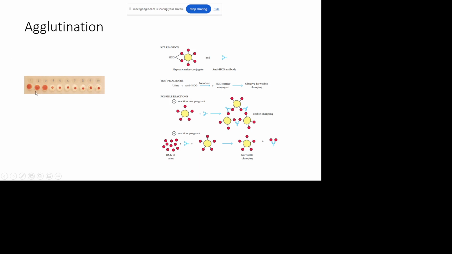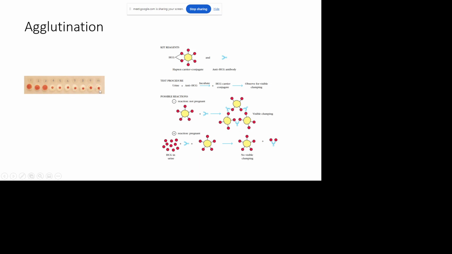Initially when the antibody was undiluted, or the dilution was low, then the antibody had more concentration, so that's why it was able to make lots of agglutination. But when you decrease the antibody concentration, then you can see the level of agglutination has decreased here,